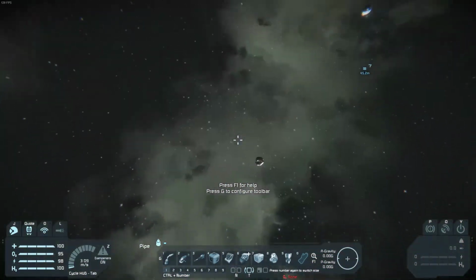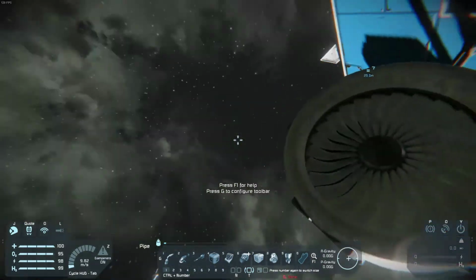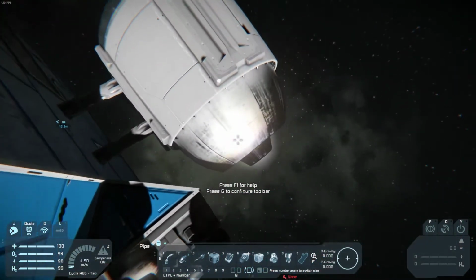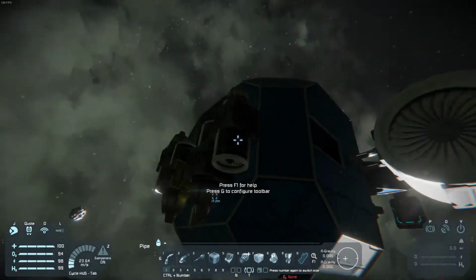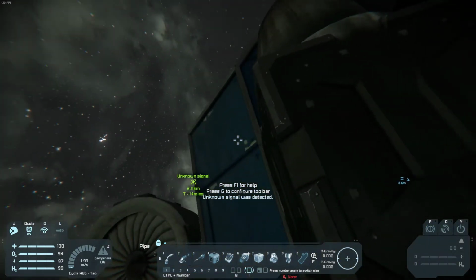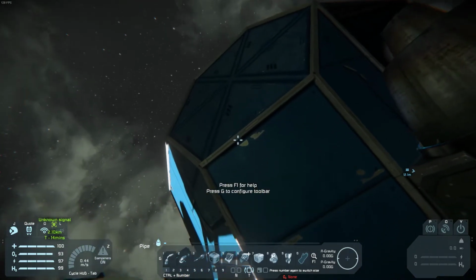So that is a planetary lander. They use a different type of thruster, so that when you're landing on planets you can land safely. Does it have ion? No, I don't think it actually has any ion thrusters. But yeah, basically